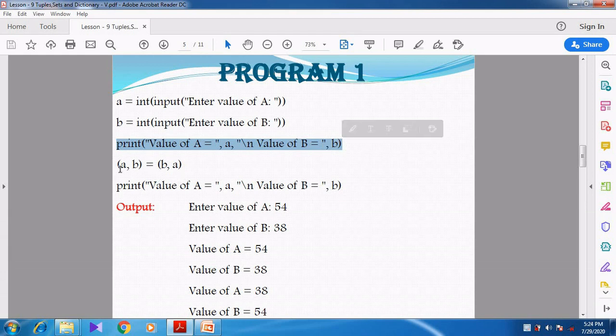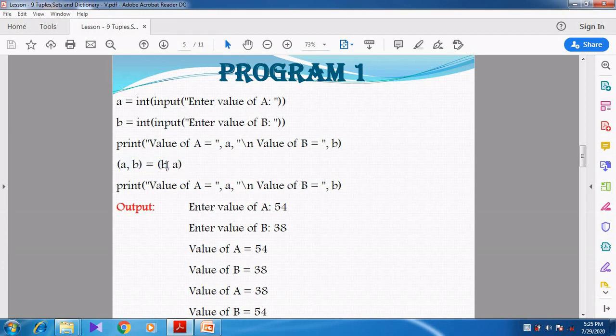Then using the tuple assignment concept. Do you remember the tuple assignment? The values which are stored in the right hand side of the equal to will be assigned to the left hand side variables. So here A comma B equal to B comma A. Now what will happen?